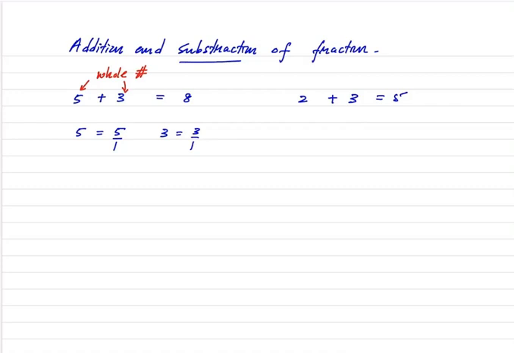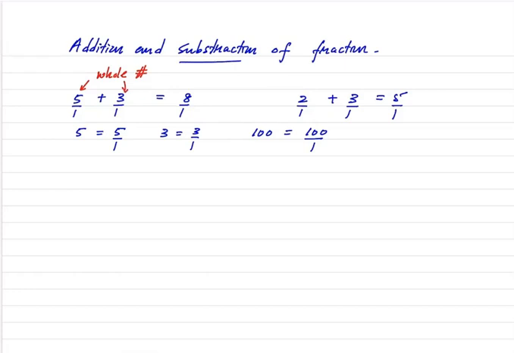You understand that. Now, for example, 100. 100 means 100 divided by 1. So that's the thing. So 2 is 2 divided by 1, 3 is 3 divided by 1, 5 is 5 divided by 1. Here also the same. Here also the same. I hope you understand that bit, right?